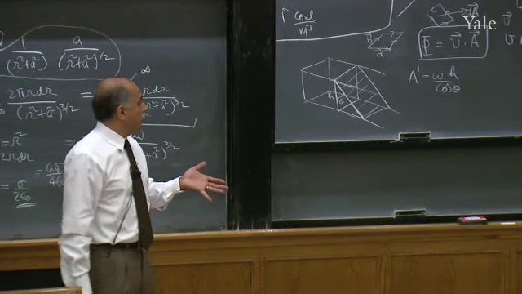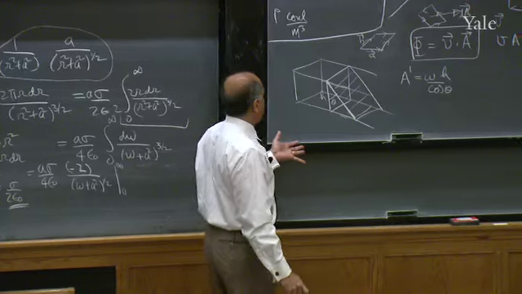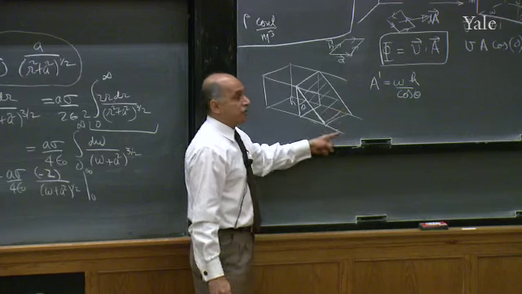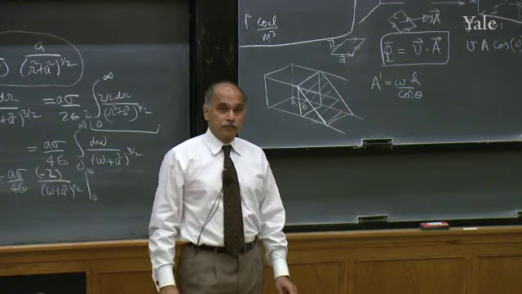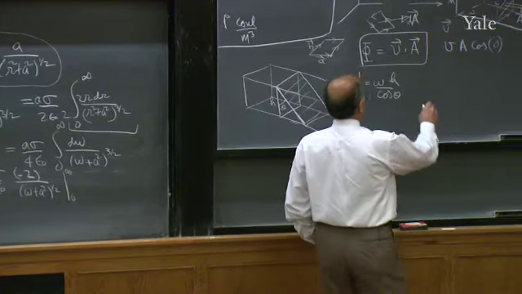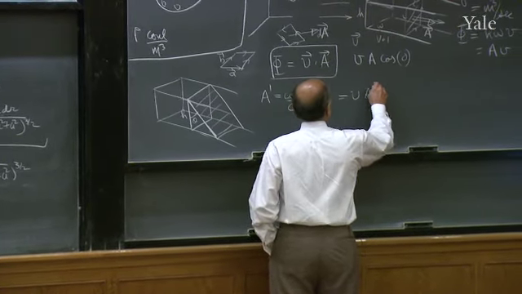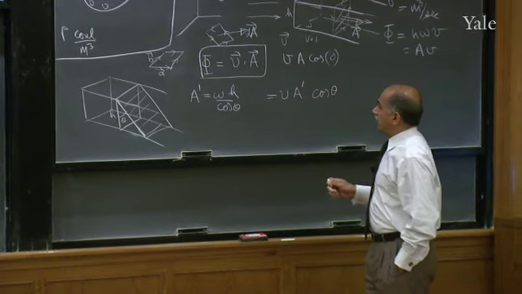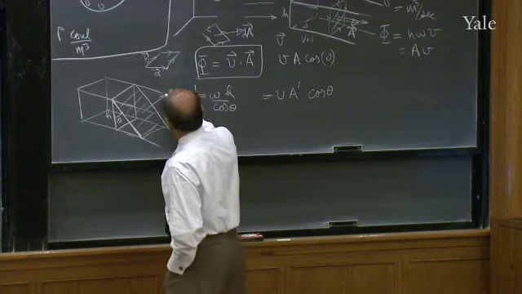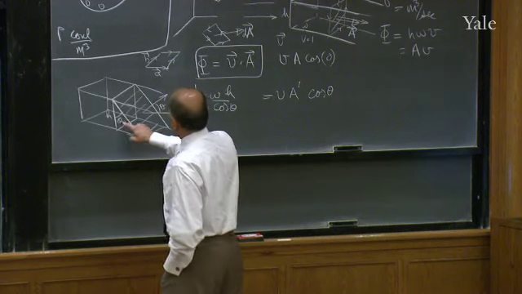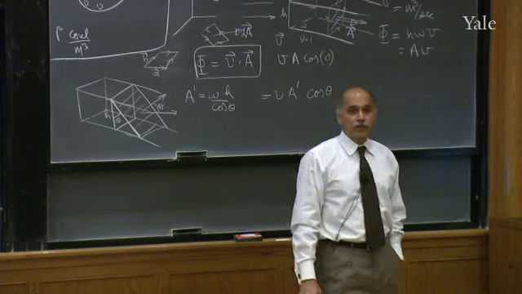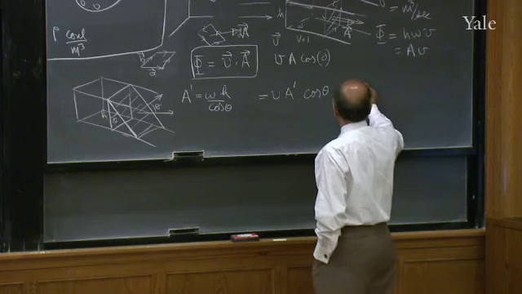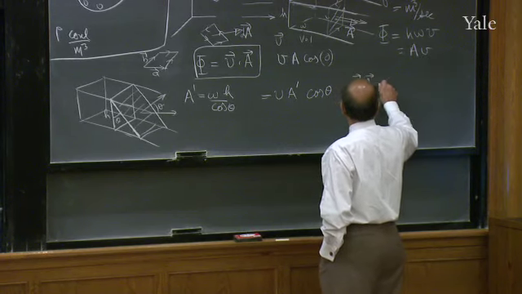It's a bigger area, but you all know that just because it's a bigger area doesn't mean it intercepts more fluid per second. Any stuff crossing this also crosses this at the same rate. So how am I going to get the same rate? The flux is not going to be V times A prime. It's going to be V times A prime times cosine theta. But theta is the angle between the area vector and the velocity vector, which is the same angle here. So the moral of the story is V dot A prime, or V dot A in general, is the flux